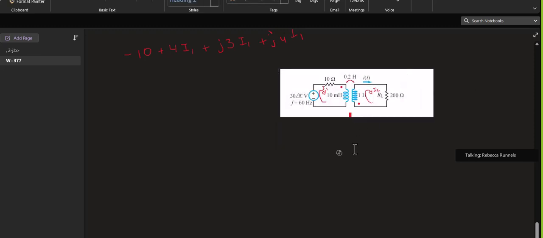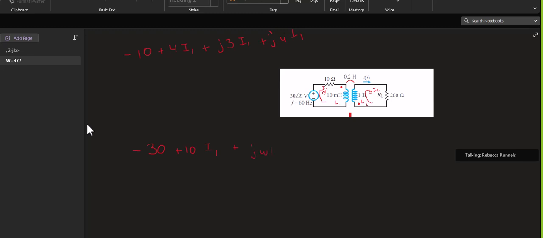Okay, so around loop I1, I will have minus 30 plus 10 I1 plus, I'll call this L1 and L2 for right now,